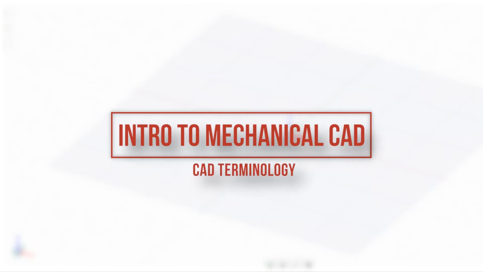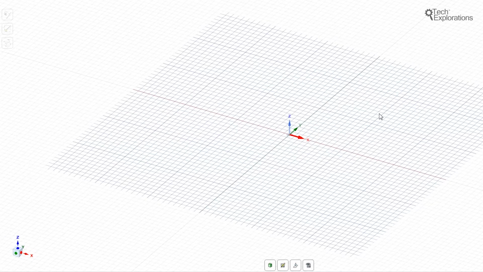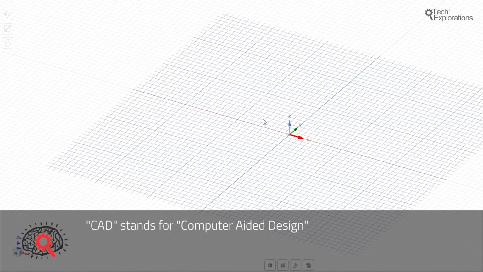Hi, today I'd like to discuss a few of the basics, some CAD terminology. First, what does CAD stand for? It's pretty self-explanatory. It stands for Computer Aided Design. This is where, like many things in this day and age, a computer assists us with something. So, the computer is assisting us or aiding us in mechanical design,